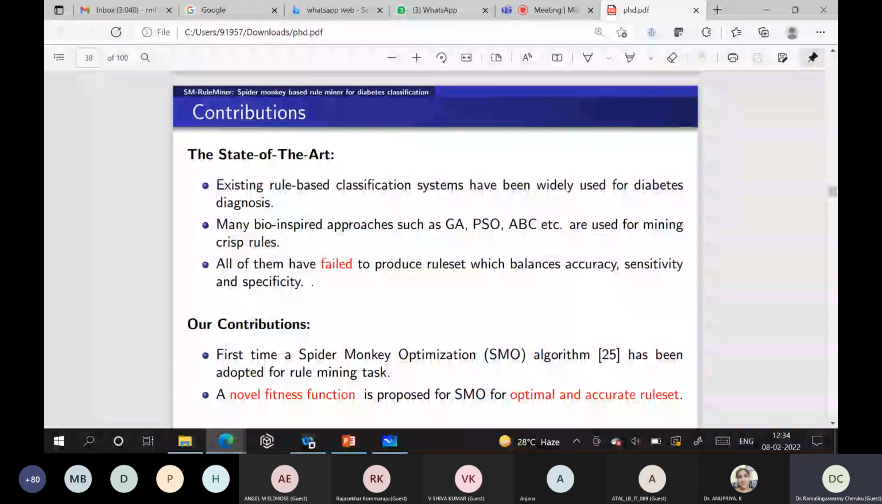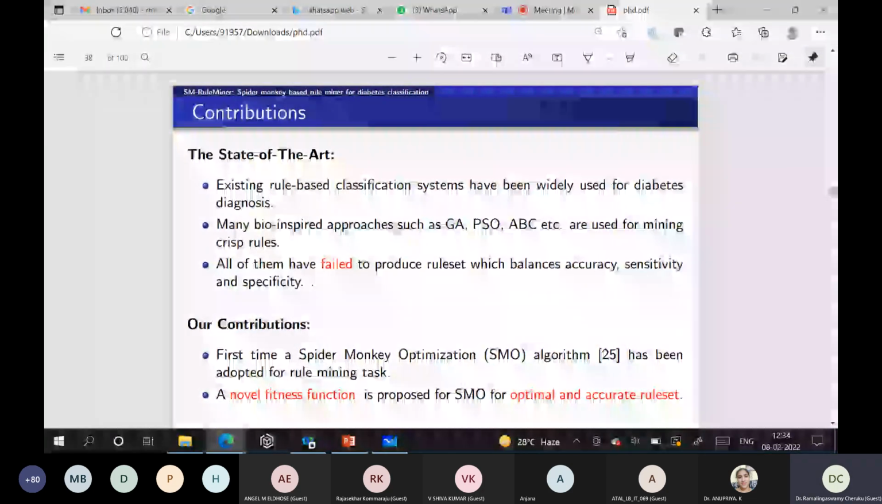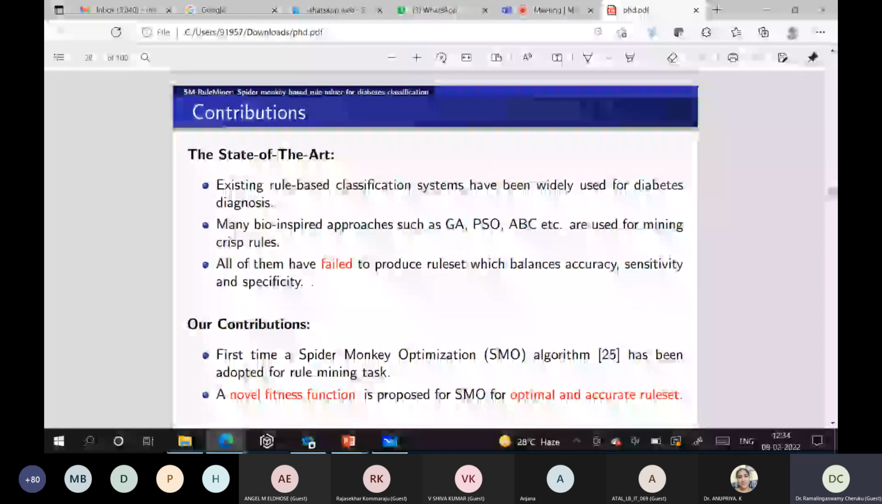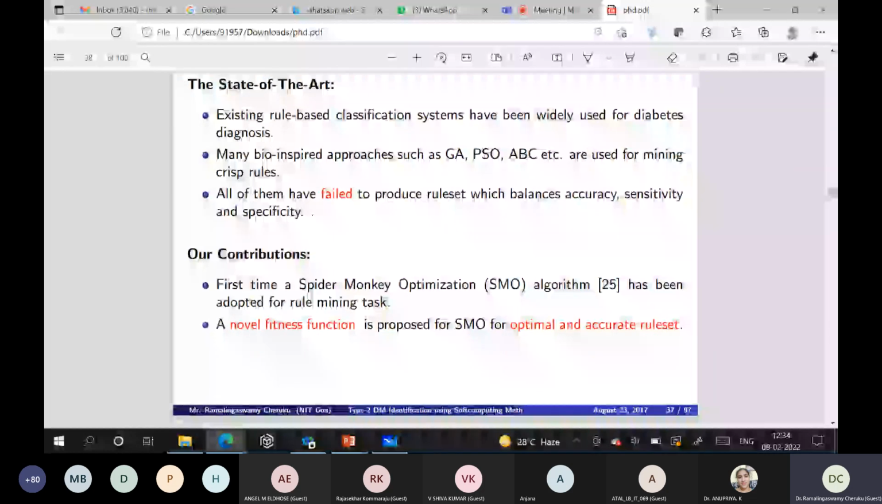So we found that most of the algorithms which have been proposed with the help of GA, PSO, ABC, all of them have failed to produce crisp rules. What is crisp? Very compact rules. Right. Now, what we did to generate this